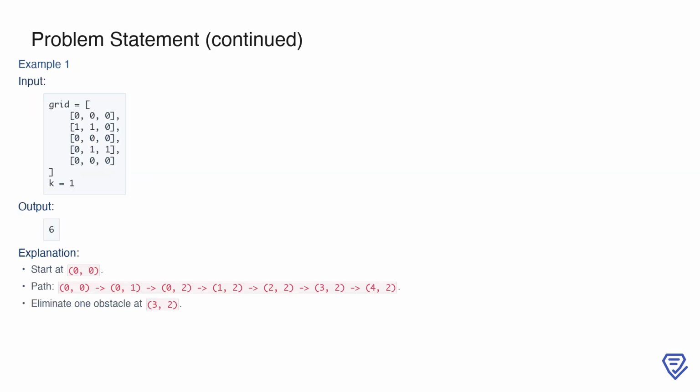Let's look at an example to understand this better. Suppose the input grid is a 5 by 3 matrix, where most cells are empty, but there are obstacles in certain positions. The value of k is 1, meaning you can remove at most one obstacle. Starting at the top left corner, you can follow a path that avoids most obstacles, but at position 3, 2, you'll need to eliminate one obstacle to proceed. From there, you continue to the bottom right corner at position 4, 2. In total, this path takes 6 steps,